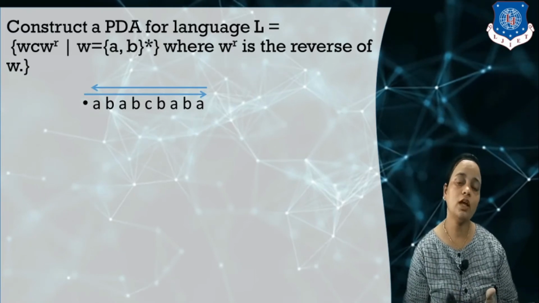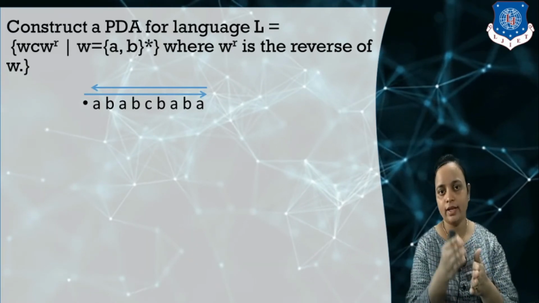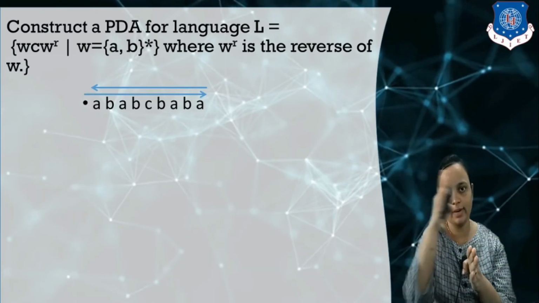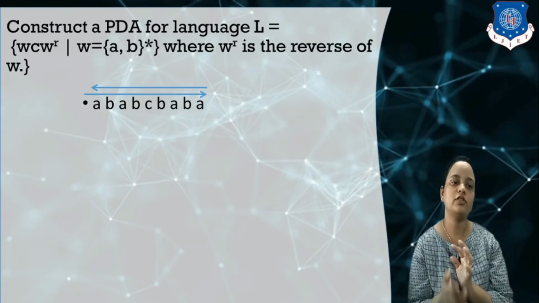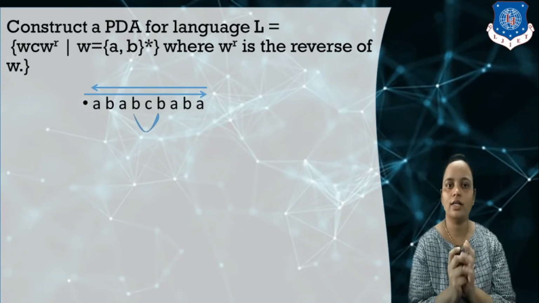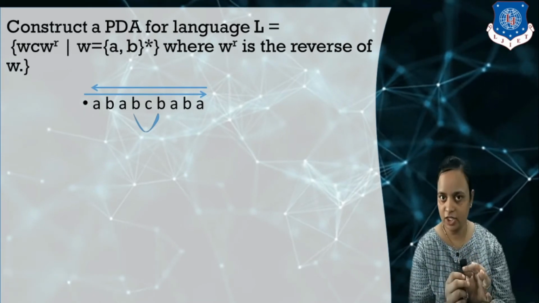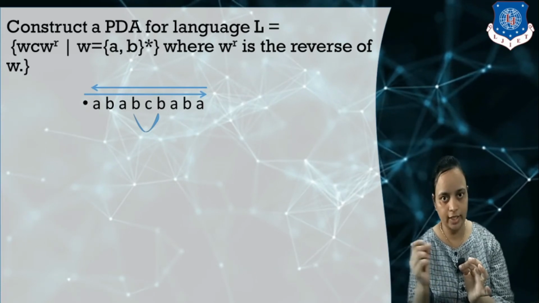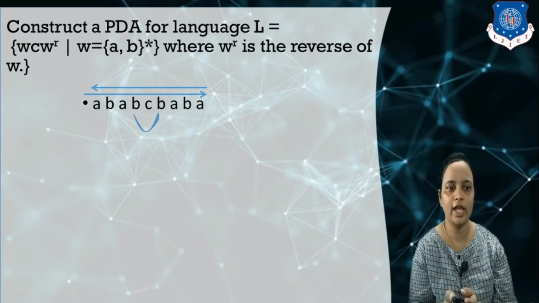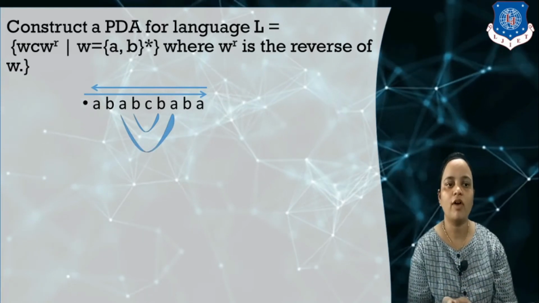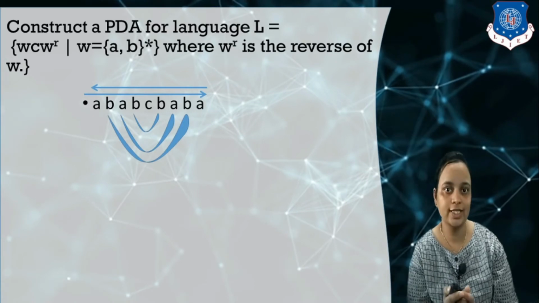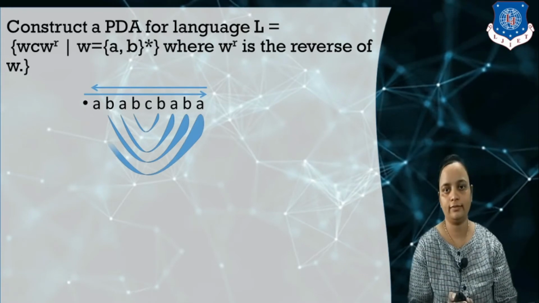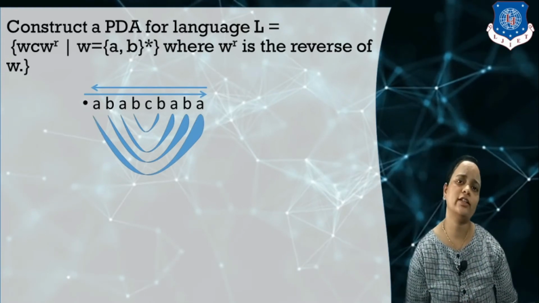Now, the part before C I call the first term, and after C the second term. The second term is the reverse of the first term. If you see the last character of the first term and the first character of the second term, they are equal, B and B, and likewise A and A. I have mentioned the equal characters because this is used in our logic. Now what logic can I use for comparing this?